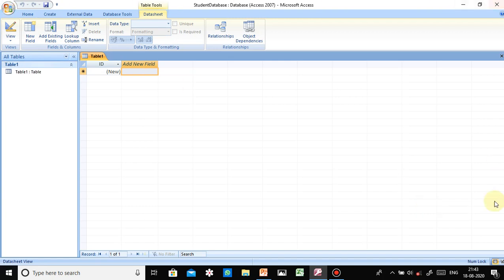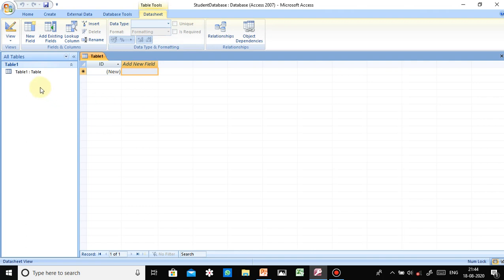Okay, you will see this type of window. This is your quick access toolbar. We can discuss some interface elements also, which are given in the Microsoft Access user interface. Here so many options are there: saving, undo, redo. These types of options are available in the quick access toolbar. This is your database name, student database. This is the ribbon, where so many tabs and groups are available. After that, we can fetch the data and apply different functions on the data.